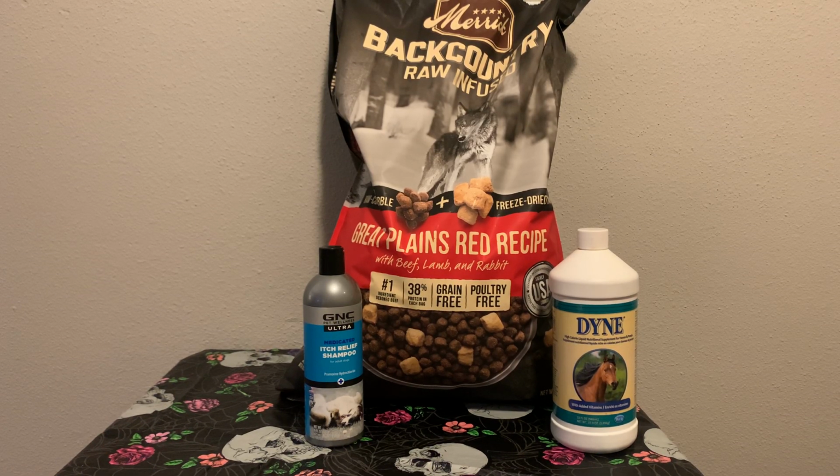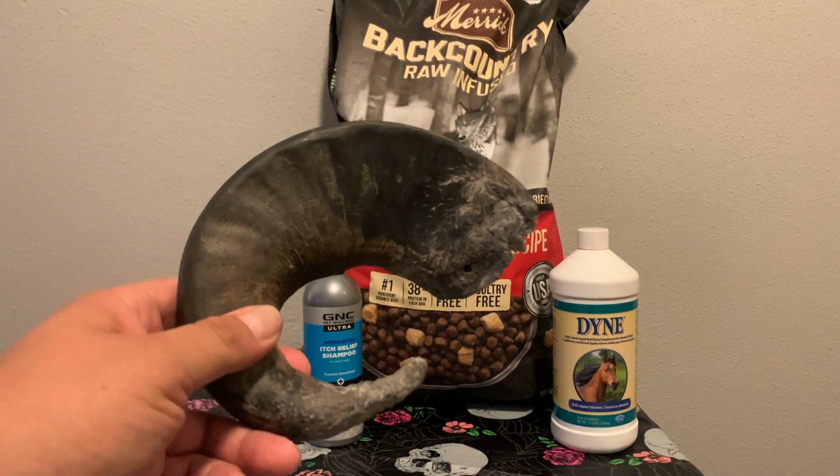Also, one other thing that I give him that is a lifesaver for any dog, but typically any bully or pit bull breed, anything like that, they do a lot of chewing. I've used squeaky toys. I have bought Kongs and stuff like that. He tears a lot of those things up, but this right here seems to be his favorite, which is a